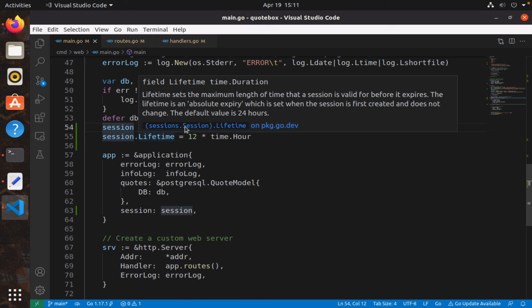By the way, this is a struct. So what you will notice is there are many fields in the struct that you can actually set, similar to how we have many fields in the http.Server struct, the same thing applies for a session. Okay, so that's the next thing we do. And of course, after we do that, we simply jump to our,